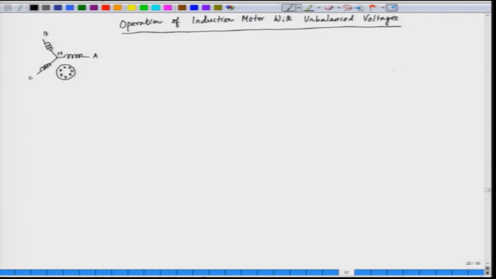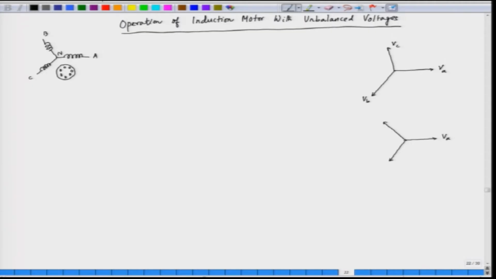We have the supply voltages which are not exactly shifted from each other by 120, and the magnitudes may not be the same. So, we have different voltages here. Let us say we apply something like V A, this is V B and this is V C, and this is an unbalanced supply. So, when the supply is unbalanced, we can split this into 3 different sequence components. We can split this into a positive sequence component,